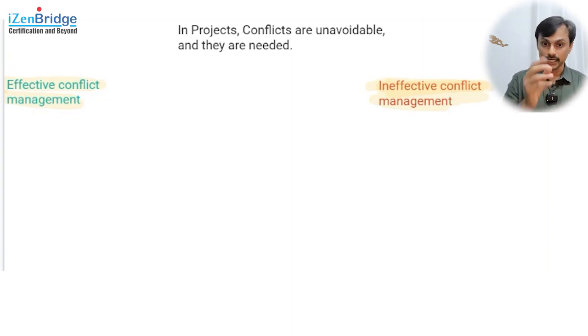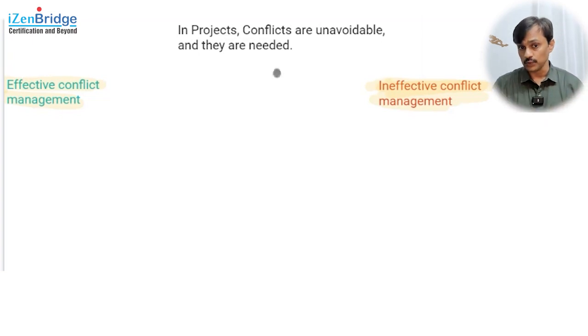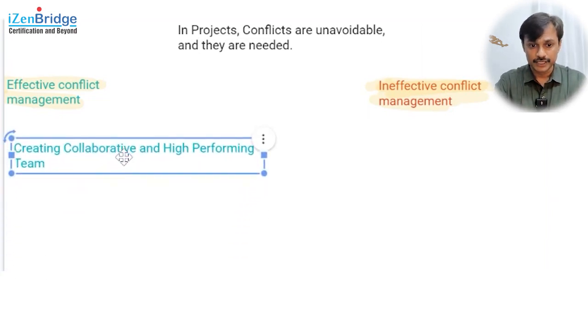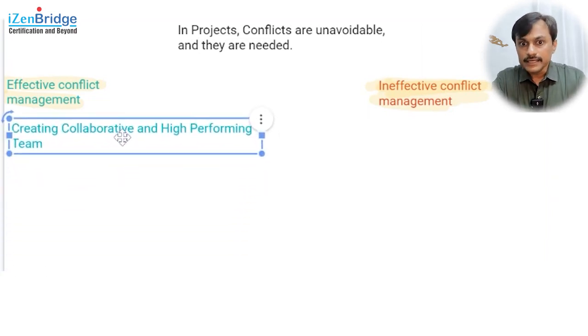So conflicts are unavoidable, and they are needed. They are needed for growth and creativity. But I need to manage conflict effectively. If I manage conflict effectively, it helps me in doing my project work better. So some of the ideas related to effective conflict management, we can say that it helps us in